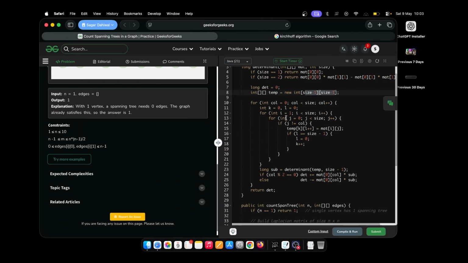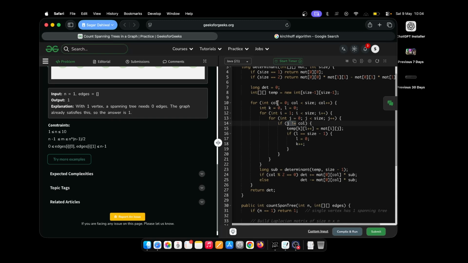So that is why we are creating another loop which starts from 1. This is the second row index-wise, and we are getting all the content, the columns from 0 to the size. And if the column